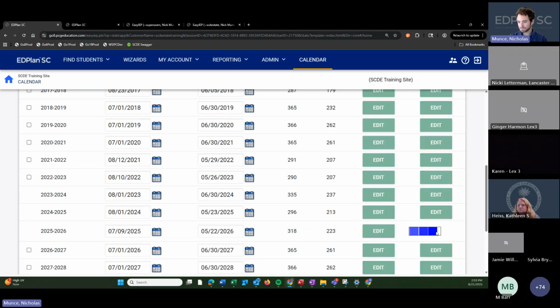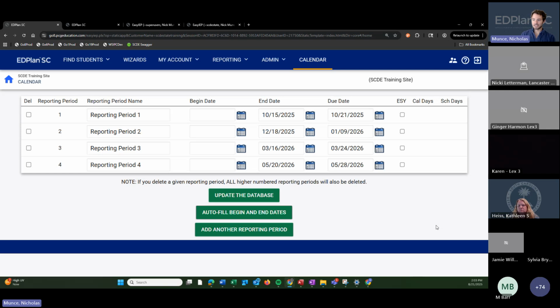And I'll be brought to a page that looks like this. So I want to talk about each of the three columns related to dates, as well as the name column here. So the name column allows you to customize what that is called, and this will print on the progress report document. The name itself is something that prints.